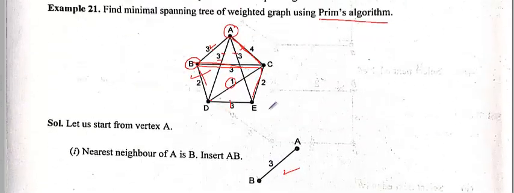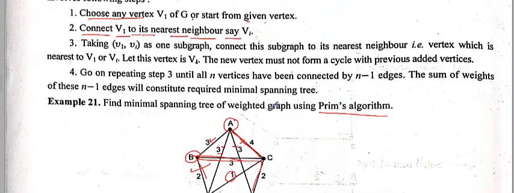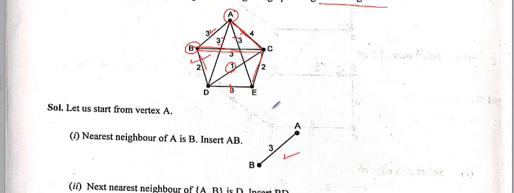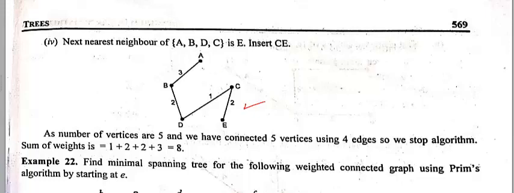Okay, so see what you have done. How many vertices are there? A, B, C, D, E. You have visited all the vertices, and the number of edges is 1, 2, 3, 4, 5. Correct? So total connected 5. So this is the complete minimum spanning tree, and you can find the value of it is 8 also.